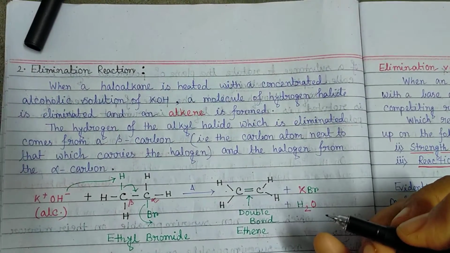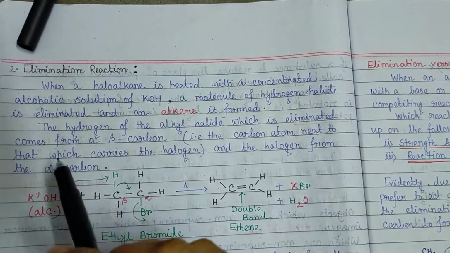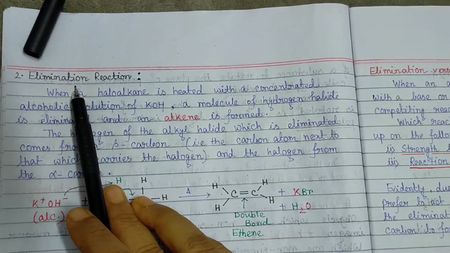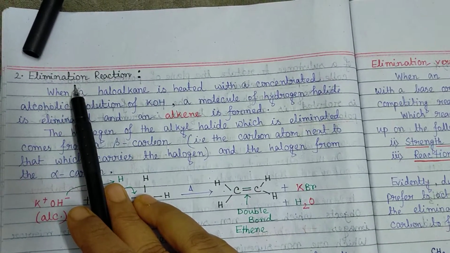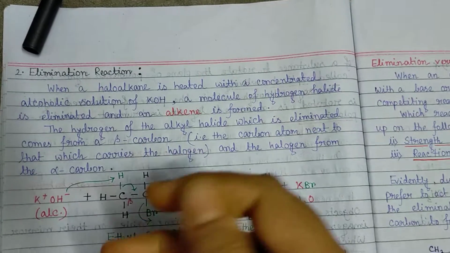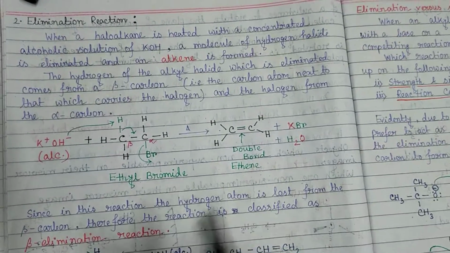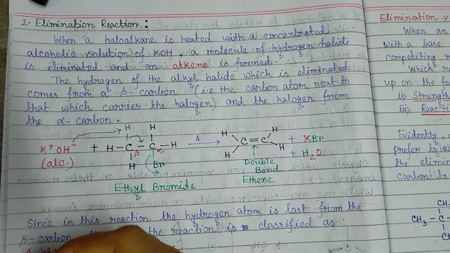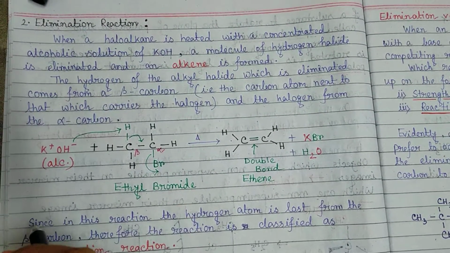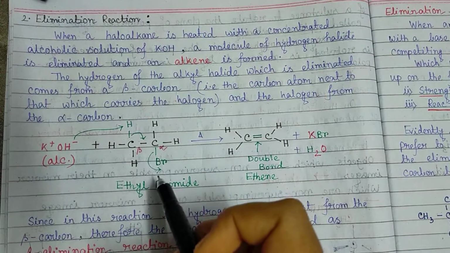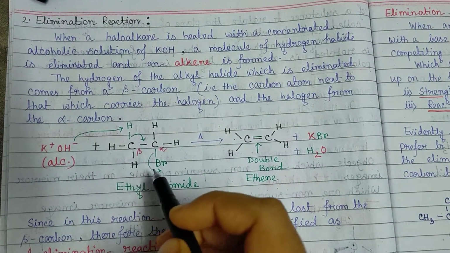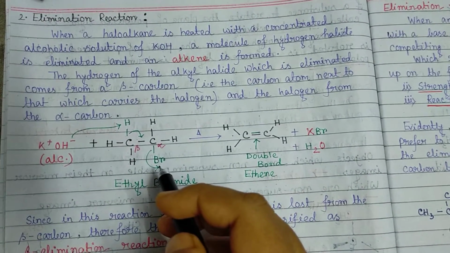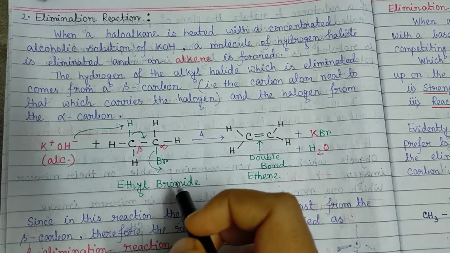What happens in an elimination reaction? From the name we can see that there will be elimination of a compound or a group after this reaction from the alkyl halides. So in this reaction, when a haloalkane is heated with a concentrated alcoholic solution of potassium hydroxide, then the halogen and the hydrogen together form hydrogen halide and are eliminated, and after that